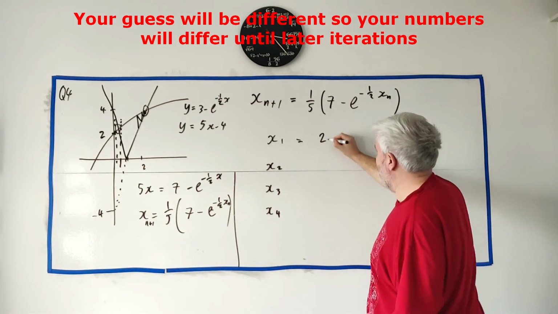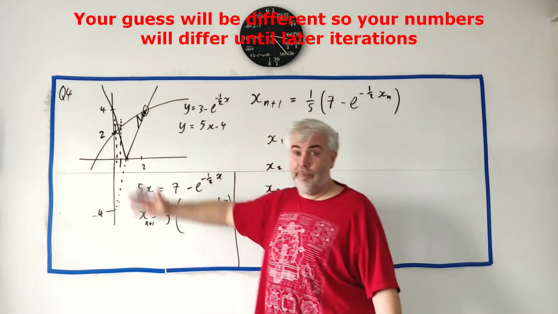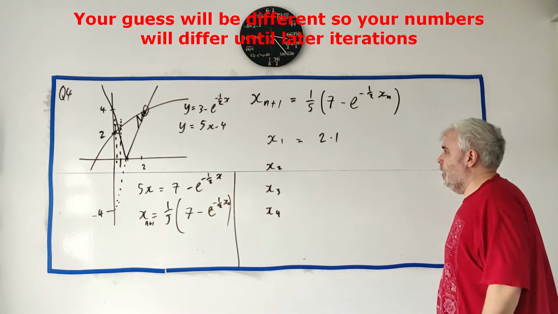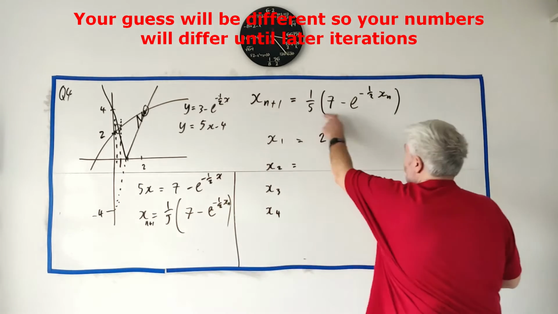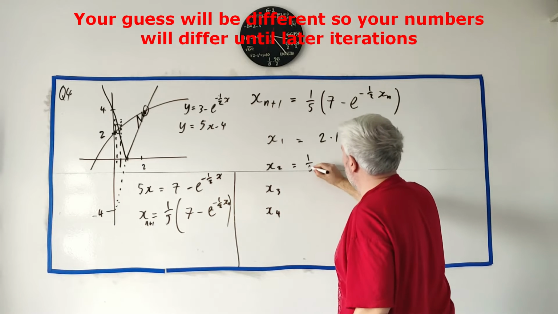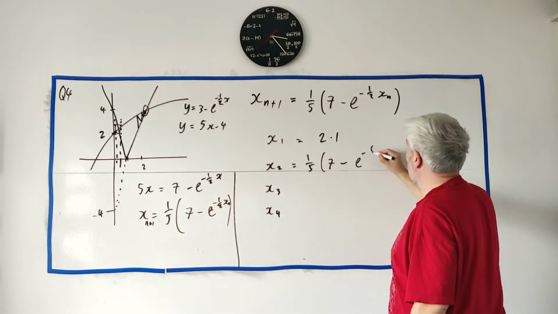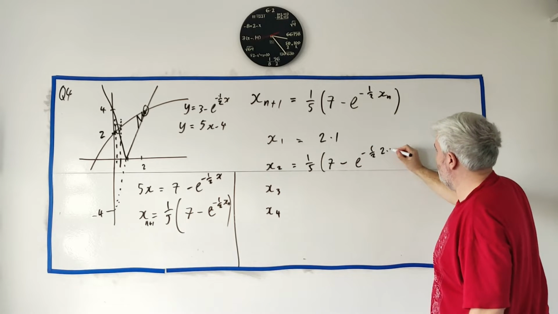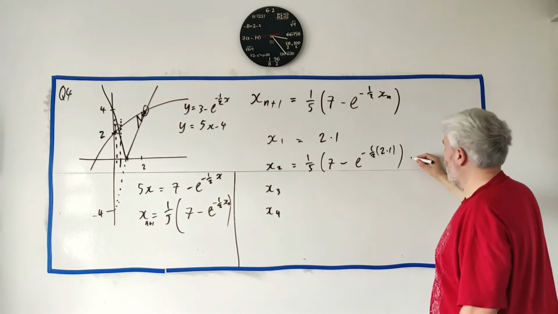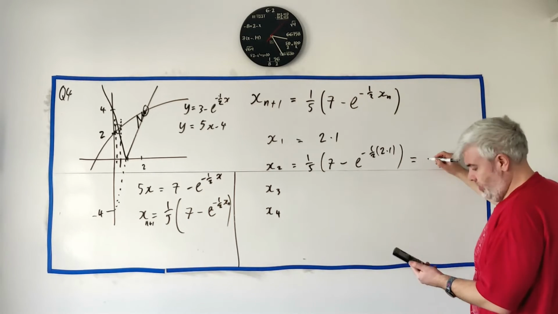Let's go ahead and guess the answer is 2.1. Just a little past 2. Again, it's a bad drawing, it's a bad guess, but still. x2 should equal, according to this formula, 1 over 5 multiplied by 7 minus e to the minus a half. And instead of xn, we're going to put in our guess, 2.1. And we put all that into a calculator, which with a bit of editing I've done just now, we get